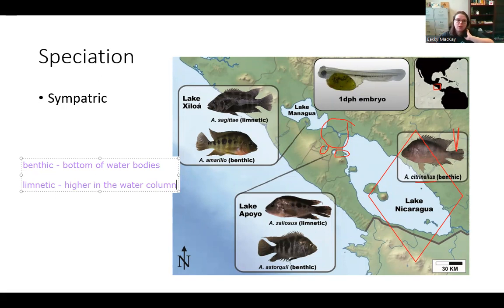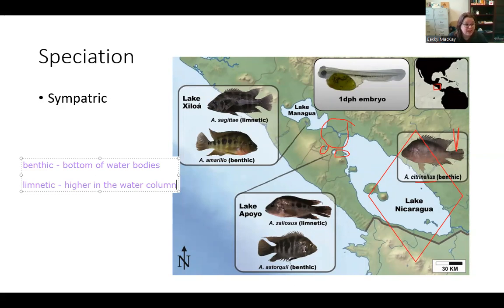And so when it floods or when there's lots of water, this citronellus fish could kind of get up into Lake Managua and Lake Apoyo and all over the place. And what happened is that species of fish, when it was over there, first of all, there was some allopatric speciation because there was a barrier. When it wasn't flooded, they couldn't go back to the main lakes. But then there was also sympatric speciation.